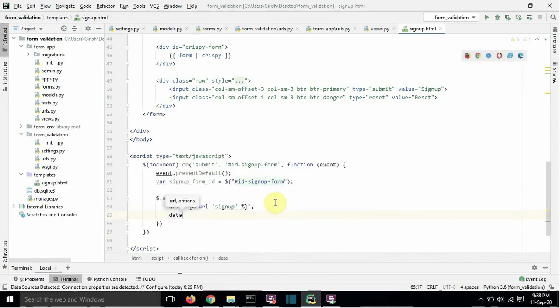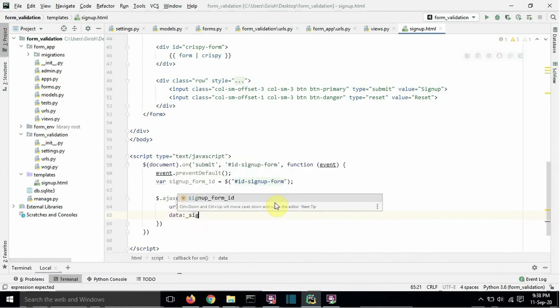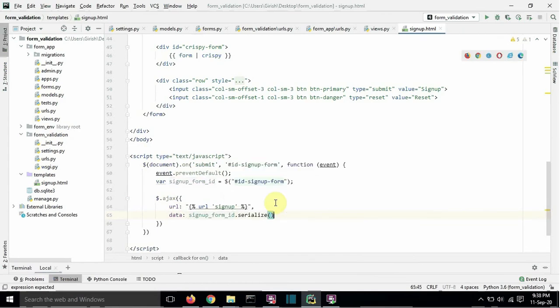Data sign up form ID dot serialize. This is a form data we need to send. Type equals to post. We are making a post request.